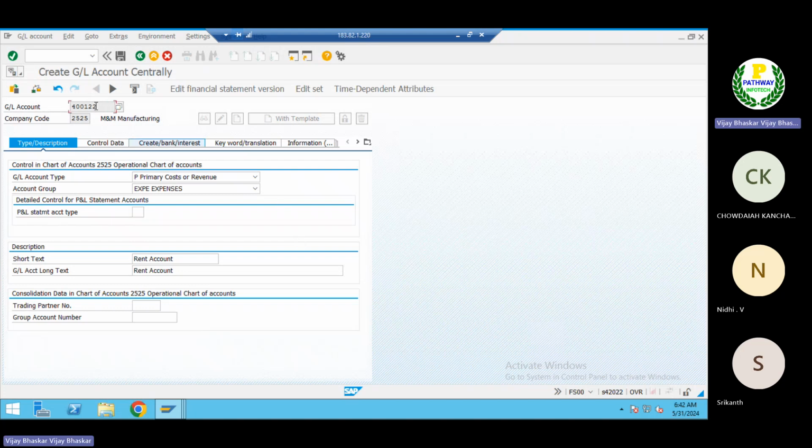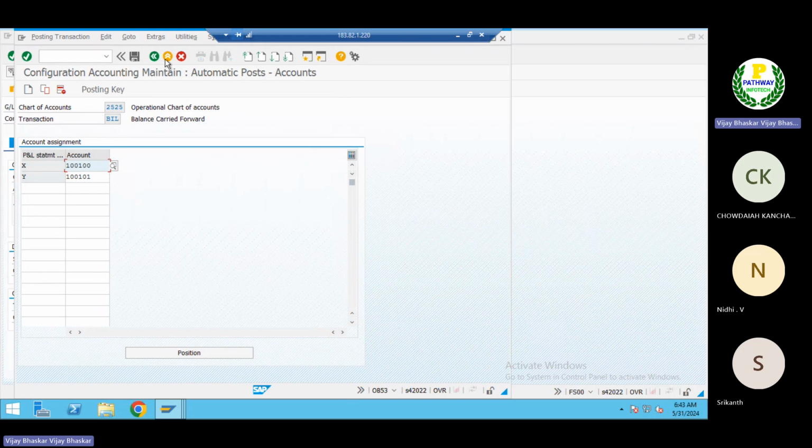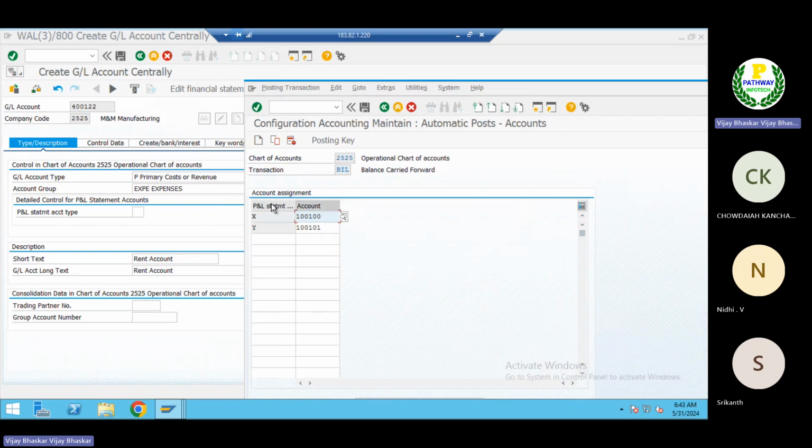What the system is trying to do here is, the moment I create the GL account, you can see now you have the two retained earnings accounts. The system is trying to look at which GL account you want to transfer to, which one to use from these two retained earnings accounts, which one we are going to nominate in order to post my